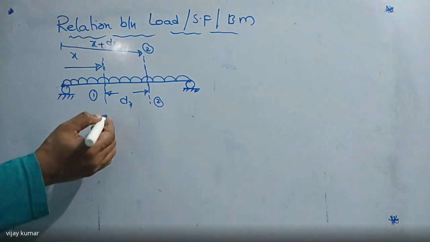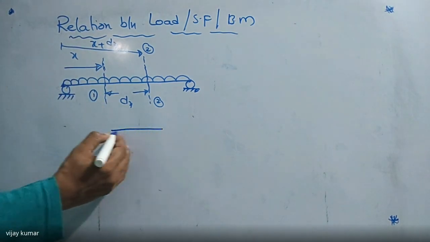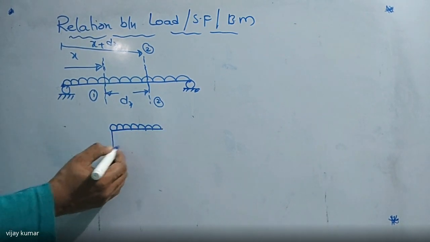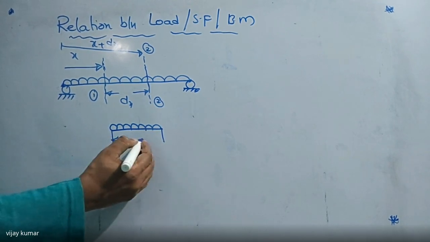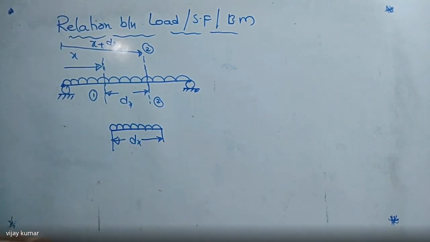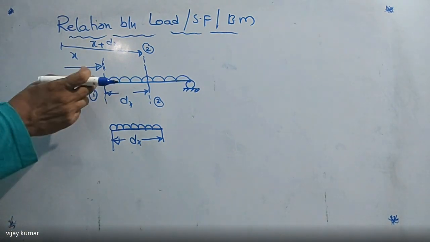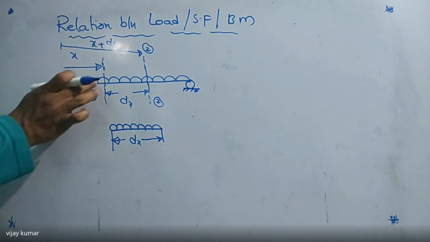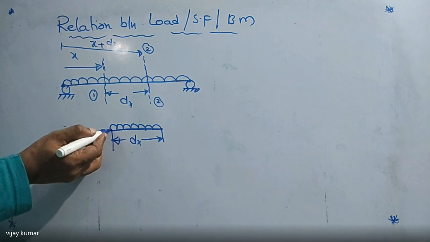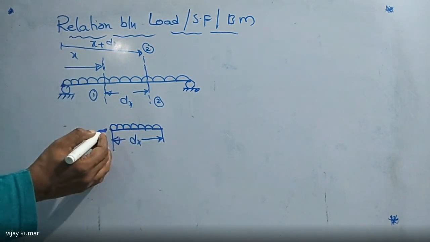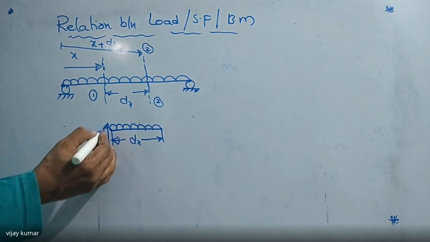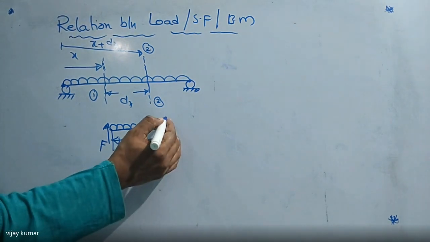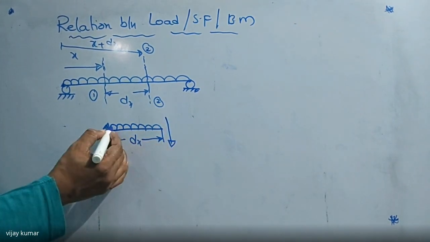So first of all, I'm going to draw the free body diagram of this portion. That is the portion, right? So this length is equal to how much? dx. Now see this one. When this load is acting in downward direction, what is the direction of shear force here? This portion must give some reactive force here, that is upward, that is named as shear force at section 1. But what is the shear force here? Automatically in downward direction.